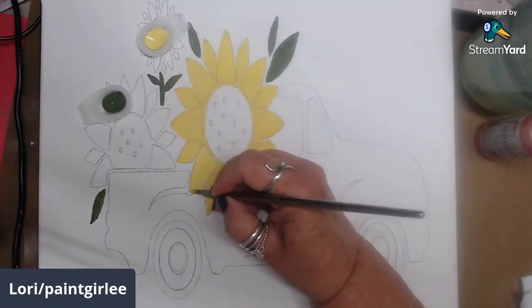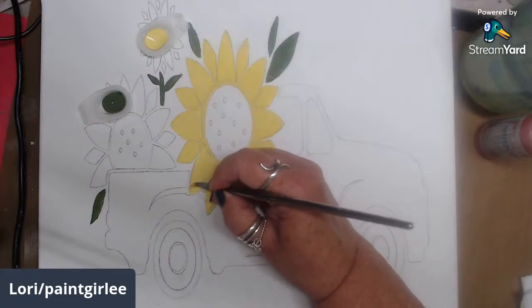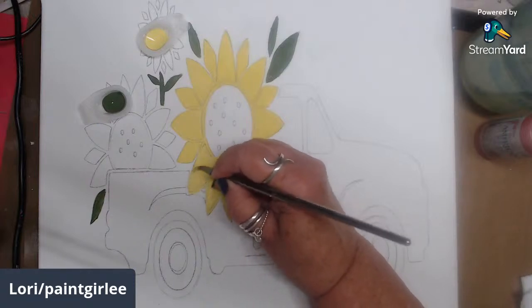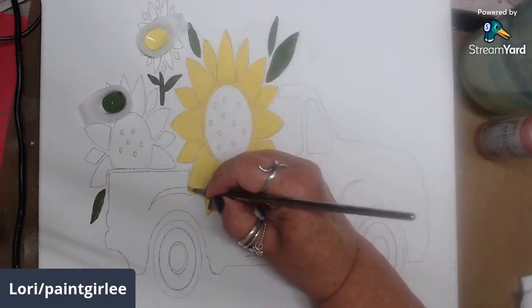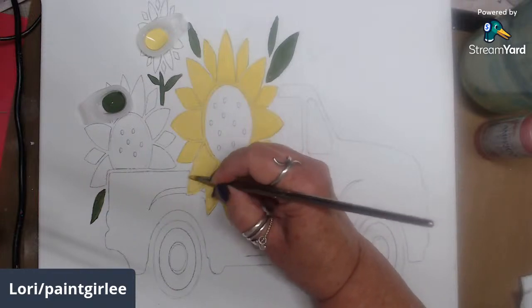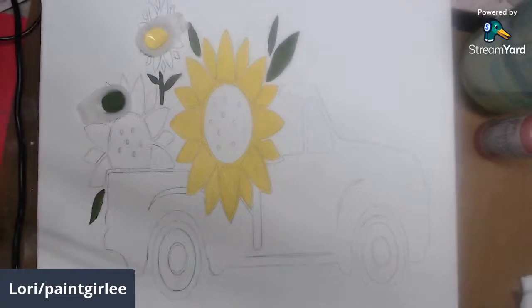Just trying to get my bearings here if I want to fill in beyond that so I don't have that white rim. I think that might be hard to deal with. I should have started